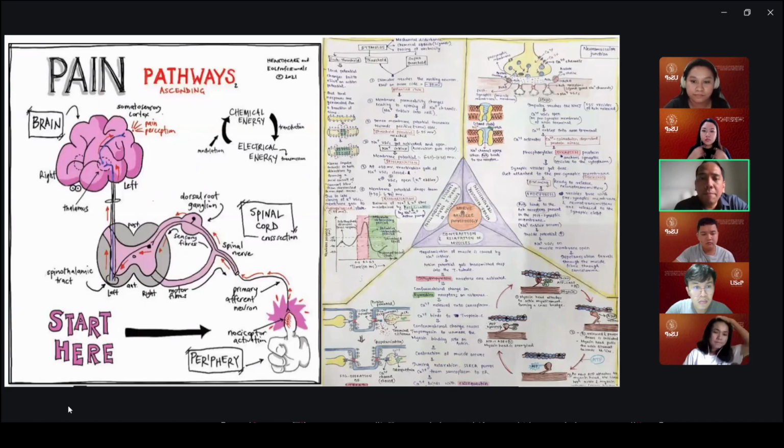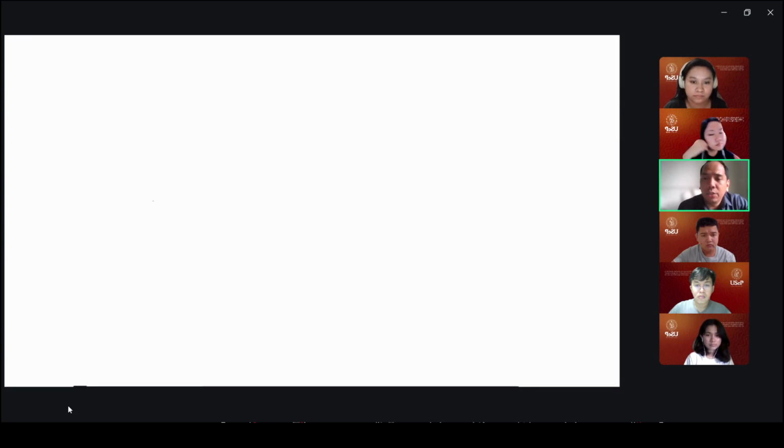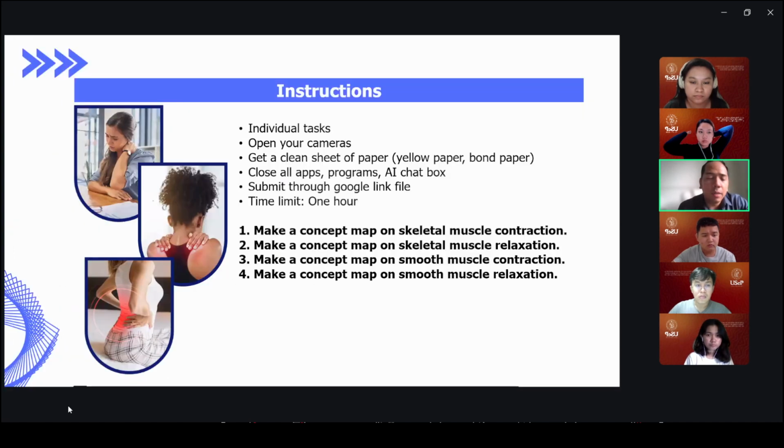So a concept map is like this. This is an example of a pain pathway concept map. And then the other one is for neuromuscular, muscle spasm, and contraction. So you will do it like this, but you will do it on your own based on what you read and based on your understanding of skeletal muscle contraction, no? And smooth muscle contraction and relaxation. Okay? Sige, so